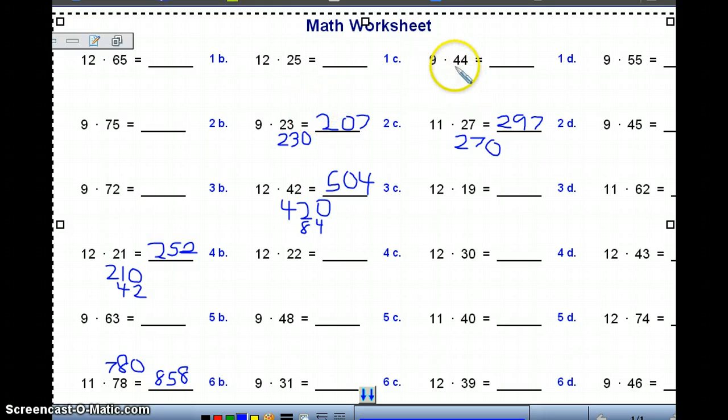Here's a good one. Let's do 10 times 44, which would be 440. If I had to take 44 off, that's going to be 4 less than the 400. It's going to go to 396. And so using tens as a base to build our 9s, 11s, and 12s, I think can help us do them pretty quickly. And if I go back to my multiplication table,